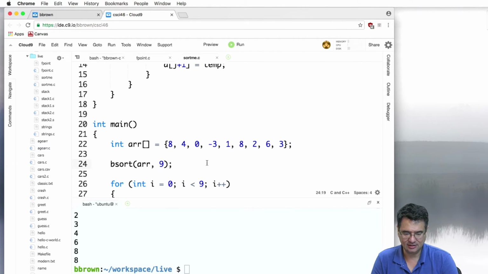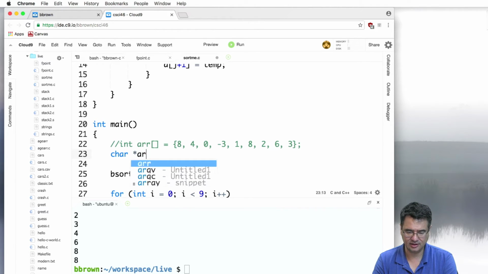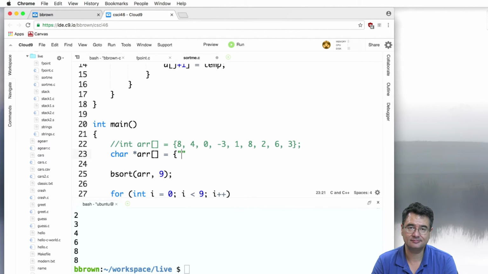So that's fine and dandy, but I really want to make this sorting function a lot more generic. Right now it only works on integers. How can I make it work on strings? Well, let's change this. Actually, let's just comment that out, and let's make a new array. It's going to be an array of strings, so that would be an array of character pointers. Character pointer arr array equals, and then let's put in, I don't know, names of fruits: banana,